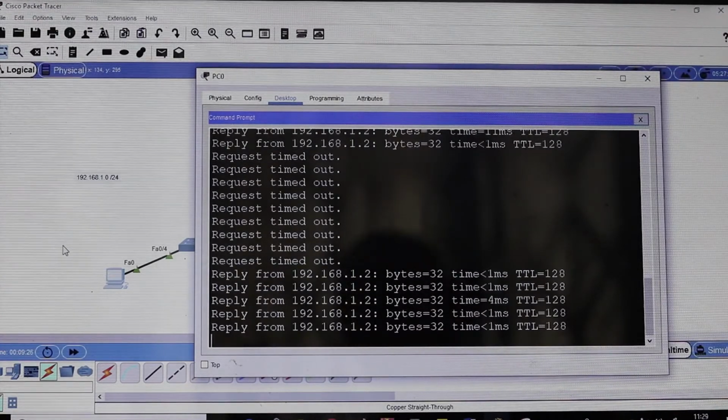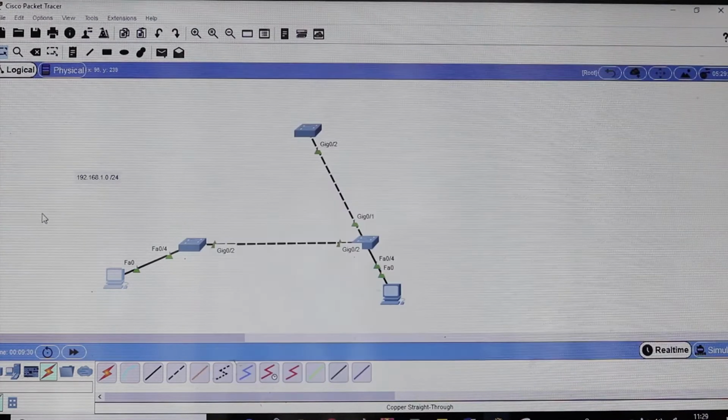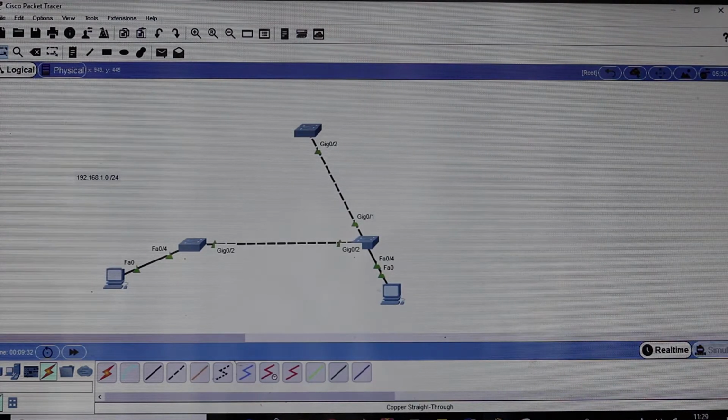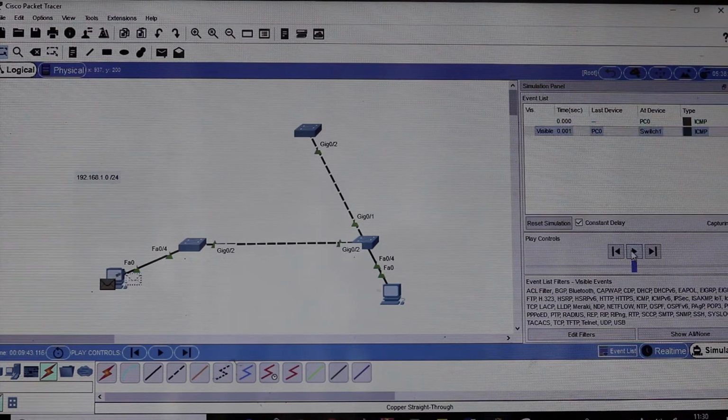You see STP works automatically. Is that not beautiful? It's nice. It's beautiful. So if you come to simulation again, let's connect this way. And now our packet, you see that our packet will take this course, it will divert its course to this link, which was initially blocked. Click on play. Go.